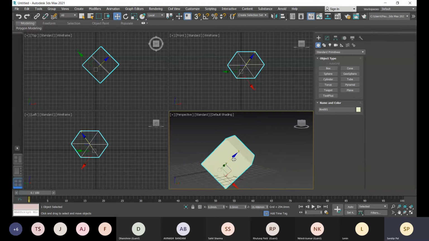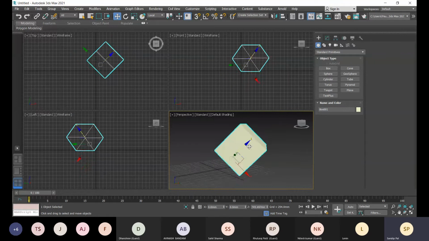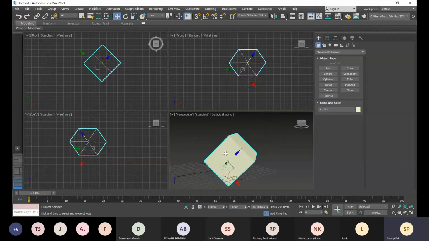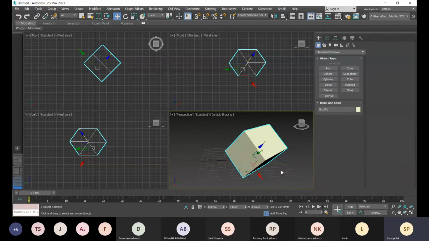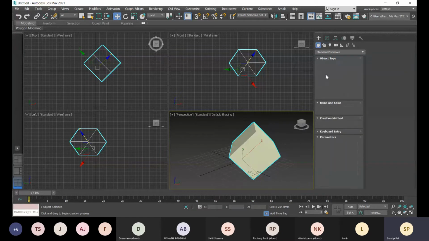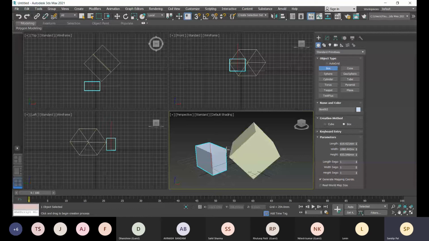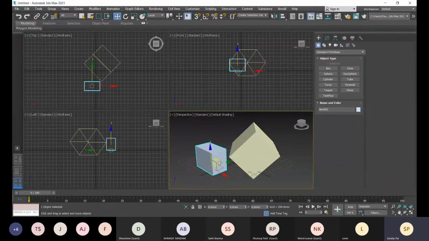So right now I can move along this direction, according to this object. Suppose I have this object also, and right now this is local, but I want to move in the direction of the first box.